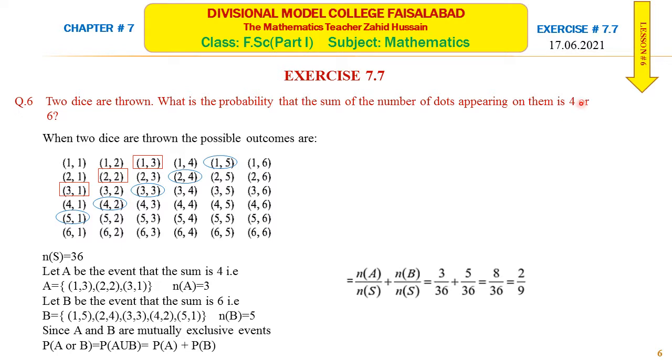So whenever there is or between two probabilities, we will use the addition law or sum law. There are two sum laws. When two events have something common, it is probability of A plus probability of B minus probability of A intersection B. When two events are mutually exclusive, that is, there is nothing common in the two events, then we will use this formula, and these formulas are important from your MCQs point of view also.